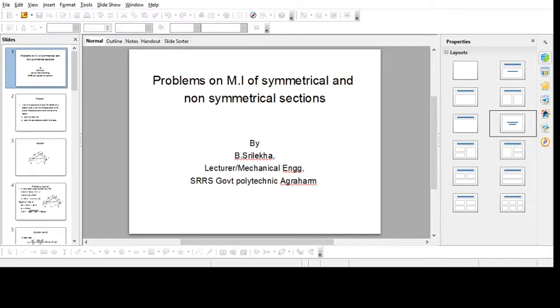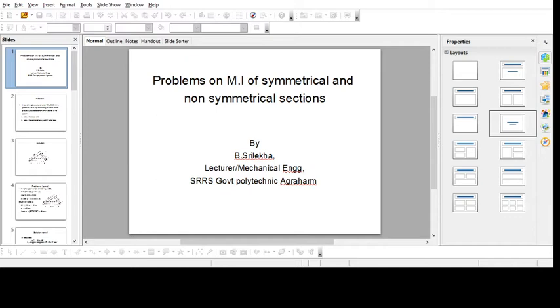Now for the entire figure, the centroid is x bar comma y bar. If I want the distance between the lines passing through these two centers, that is the distance between the centroidal axes: hx1 is equal to x bar minus x1, the difference in the x coordinates. Similarly, hy1 is equal to y bar minus y1. Likewise, we found the centroidal distances for all the sections.